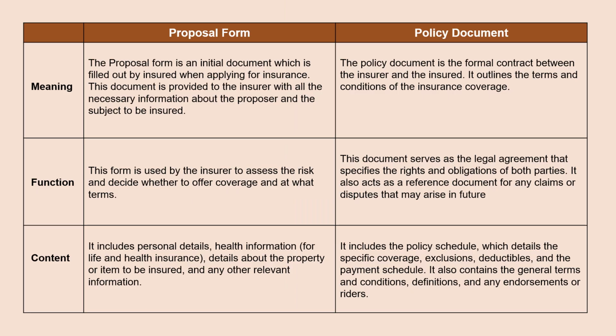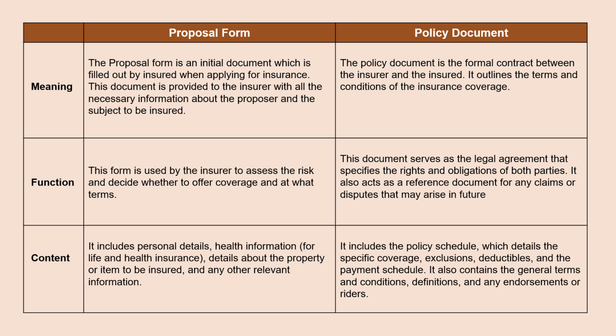To start with, we need to understand the difference between a proposal form and a policy document. A proposal form is filled out by the insured when applying for insurance and submitted to the insurance company. Based on this form, the insurance company assesses the risk and decides whether to offer coverage or not. This form includes personal details, health information, and details of the property or items to be insured in case of